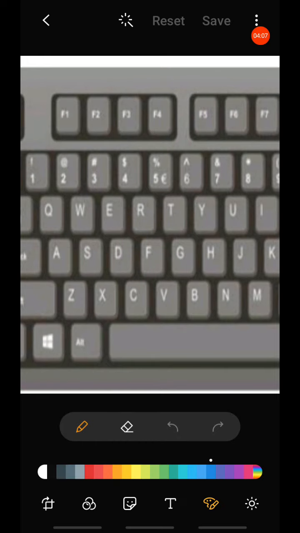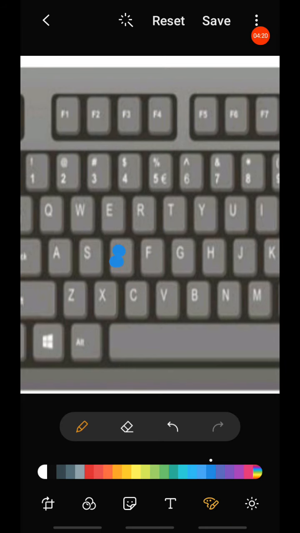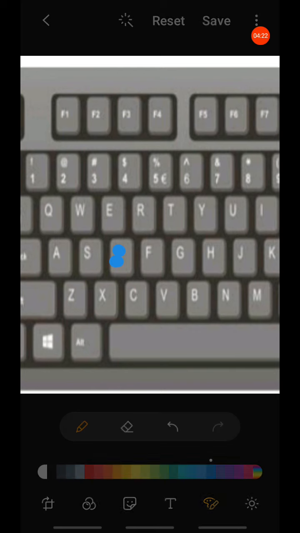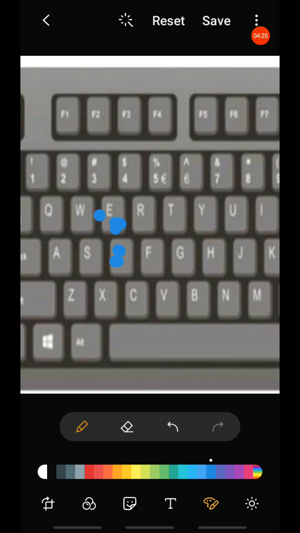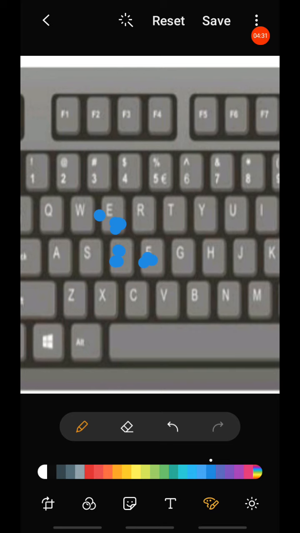Then moving towards our next keys, D, E and F. The D key we have to type with the middle finger. I am typing D. Then the E key with only the middle finger. Then the F key with our left index finger. These three keys of the left hand are done.